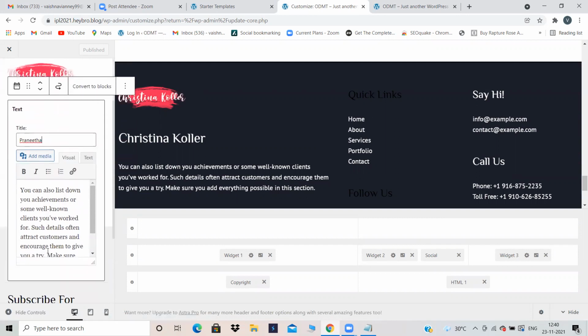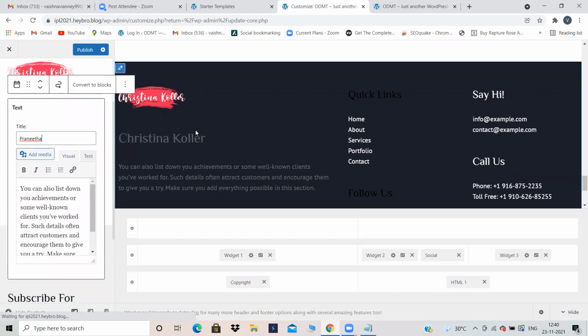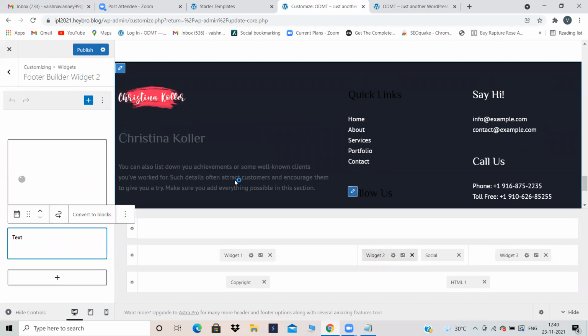Then you can give your own title. This thing also you can remove and you can give your own description. And the followers button is also there. Remove this followers button. Just click on the pencil symbol. It is taking time to load, but it will get loaded. After that, remove that followers and give as it is. Whatever you wish to give, you can give that.